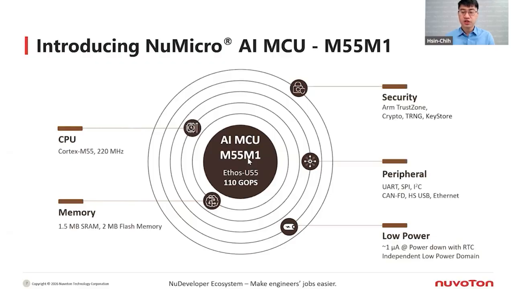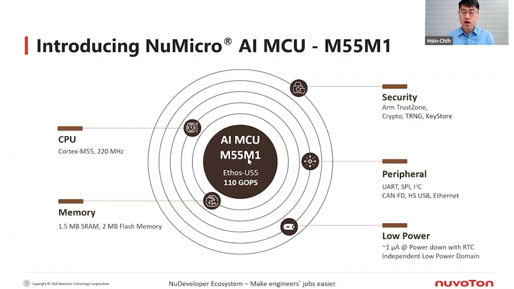It supports a standard development workflow and can be programmed and debugged using Keil or IAR. The M55M1 also offers rich peripheral support including UART, SPI, I3C, CAN-FD, high-speed USB, Ethernet, and